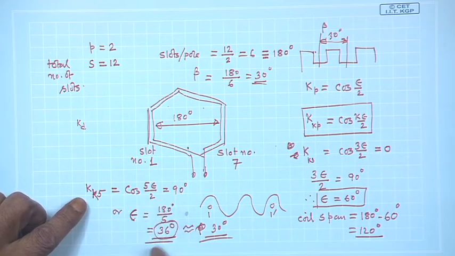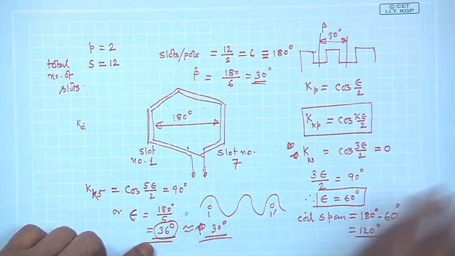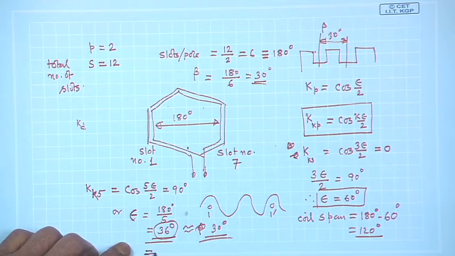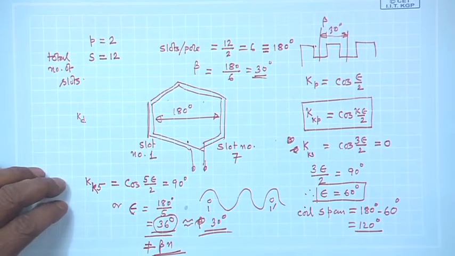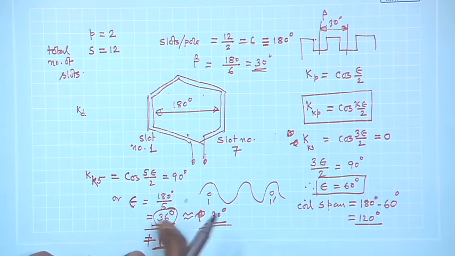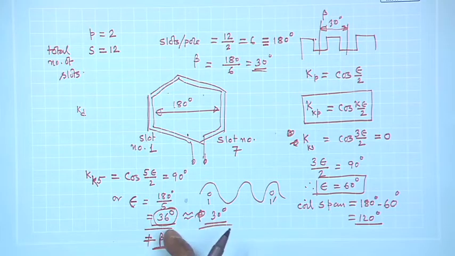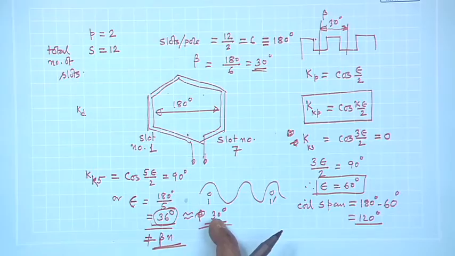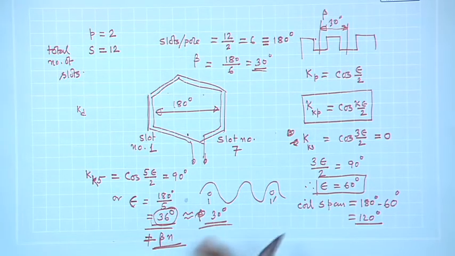Then I come out with an epsilon value which is not equal to a multiple of beta, say n beta, it cannot be expressed like that. Therefore, there I am slightly disturbed because I am not sure what to do, but I am telling you. Then see, this 36 degree, the nearest multiple of beta is close to 30 degrees, 60 degree will be too high a value. So, the nearest closest value of beta n is 30 degree, that is n equal to 1, it is an integer anyway.